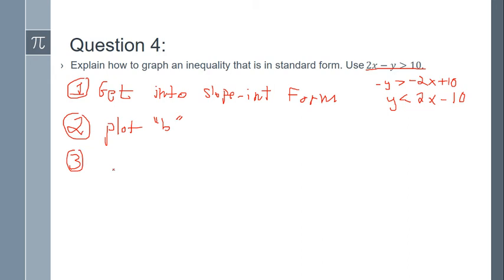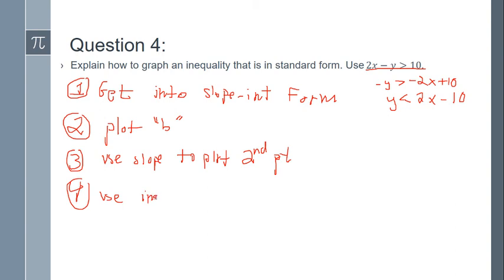Then you would use the slope to plot another point. So use the slope, or rise over run, to plot a second point. Then the last step is use the inequality to determine the borderline style and the shading. So we're using the inequality symbol to determine the borderline style,